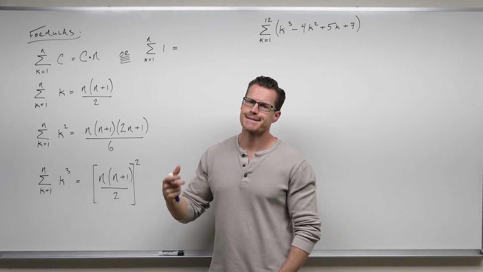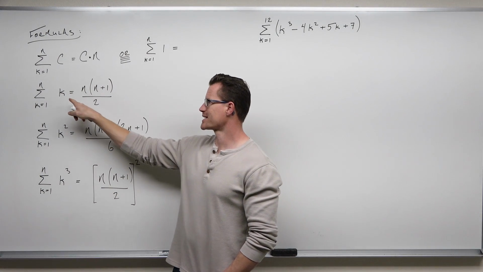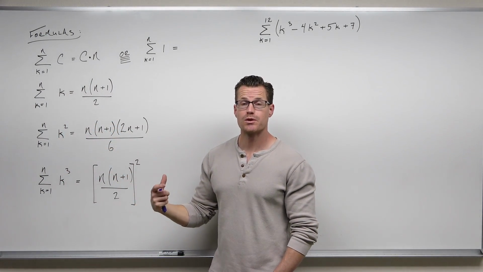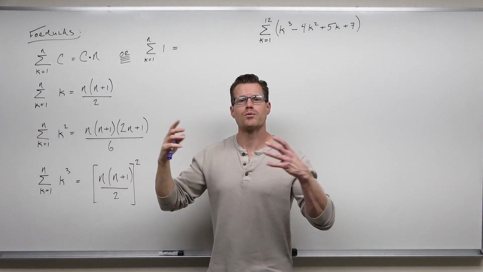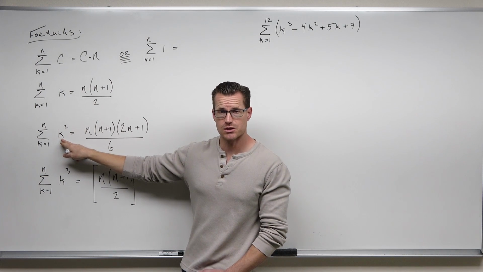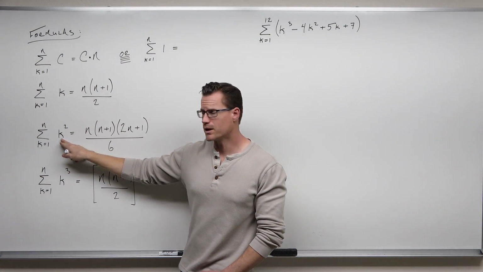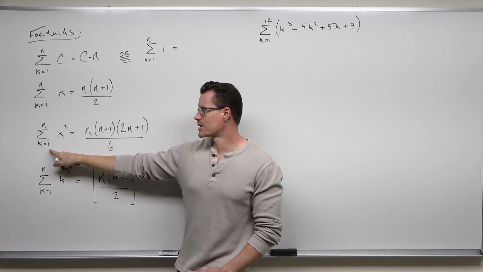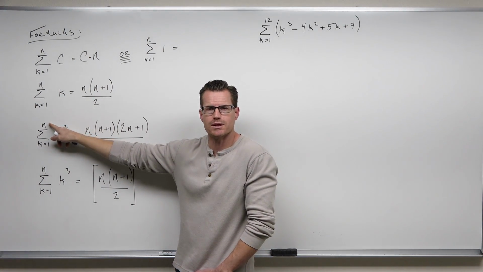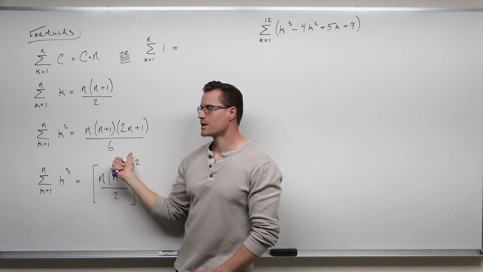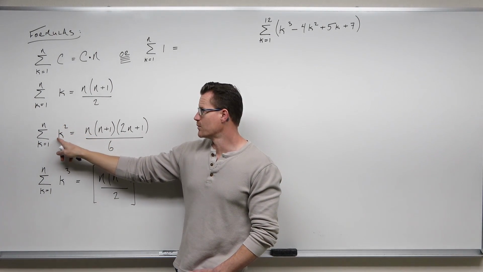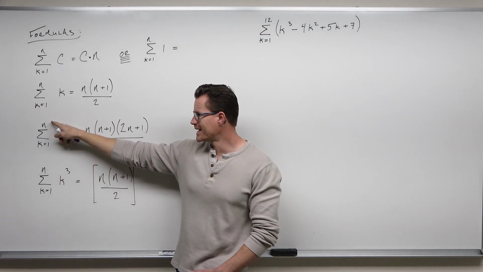Now, there's some other ones. Why are there other ones? Because not everything can be simplified to just having a sequence of k. What about k squared and k cubed? We have 2 other formulas for that. Now, there are other ones out there, but these are the most common ones. So what if you had a sequence based on k squared? Well, what you would need to know is that you're starting at 1 and that you're ending at whatever, like 10 or 12 or whatever that number is. Because if we have that, there's a formula to add it. So if we were ending at, let's say, 7 or something, so we knew the sequence was k squared, we're starting at 1, we're ending at 7.